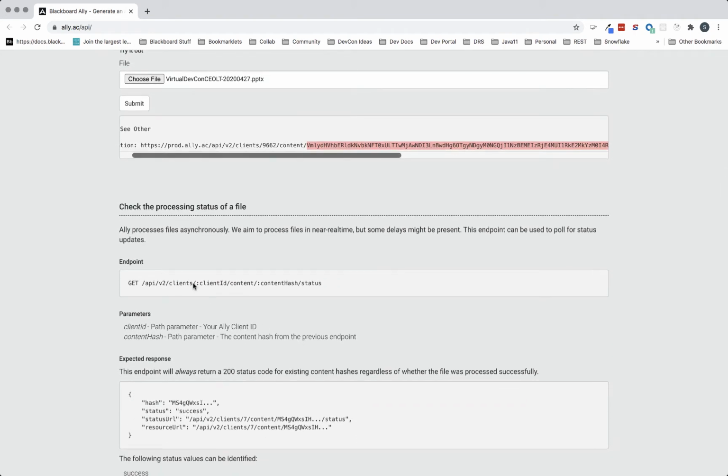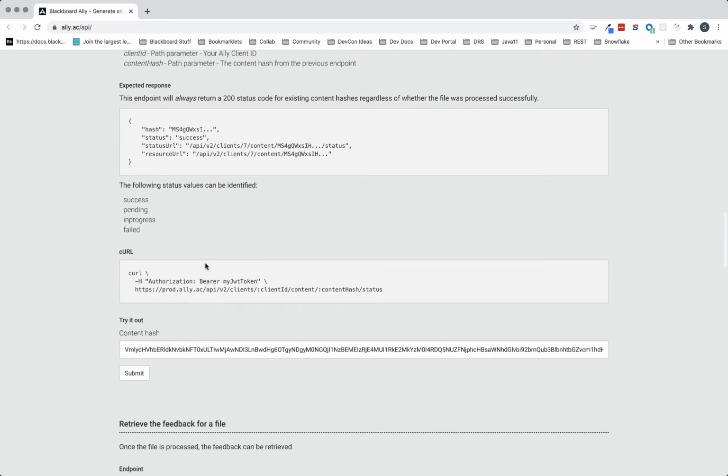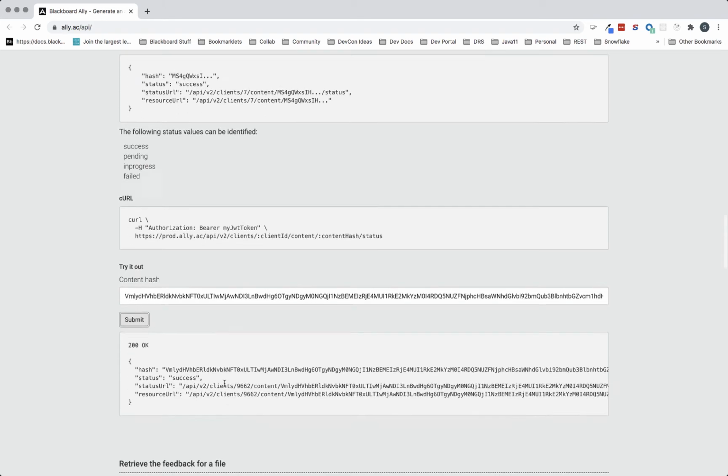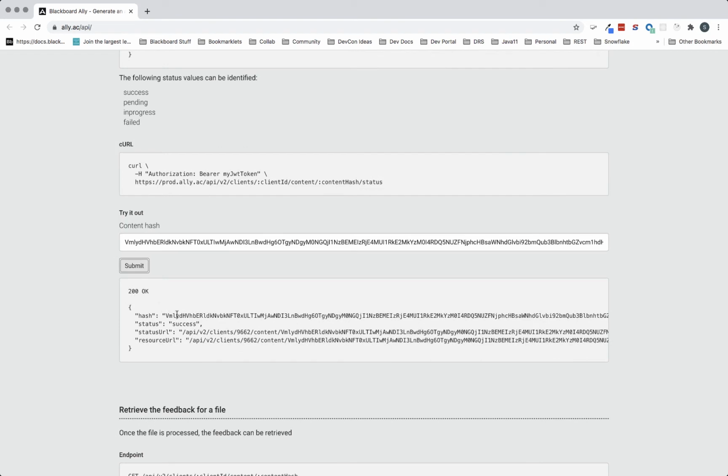So now we can check out the next content API endpoint, which is check the processing status of a file. And you can see down here under try it out, it's automatically filled in my hash. So if I go ahead and click submit, you can see now we get a 200. Gives you the hash that we just checked. It tells you that the status is successful, gives you the status URL and the resource URL for this particular